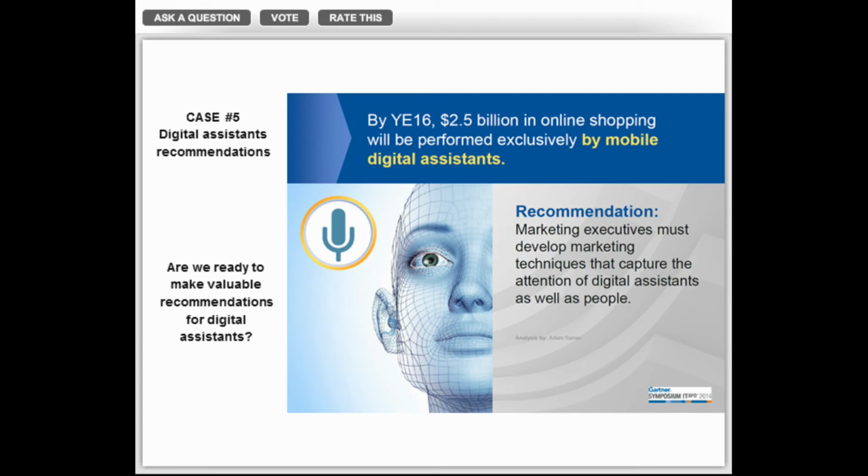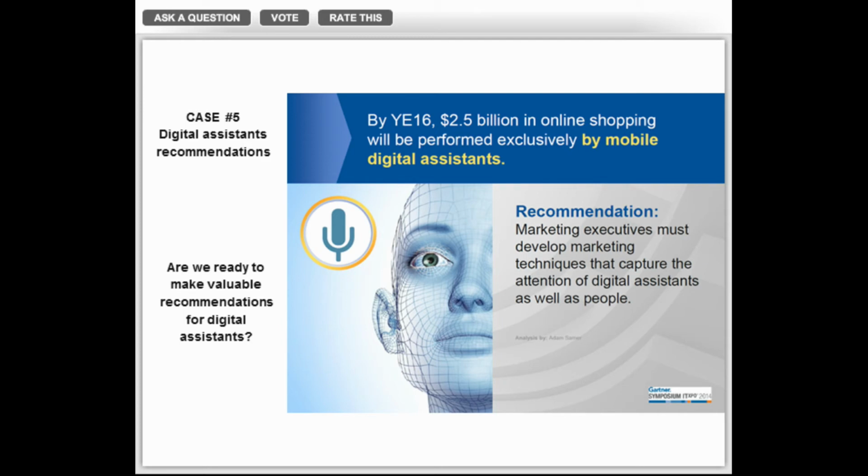So imagine your fridge is making a purchase on the product once a week from online retailer. Is your business ready to make recommendations for someone's fridge? Just think about it. And those can be different things. Those can be some wearables or anything else. That was the fifth case.